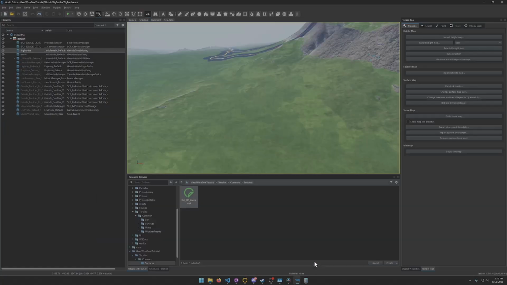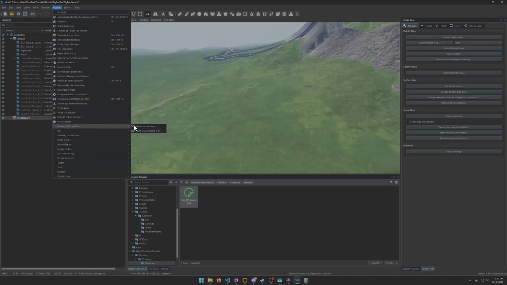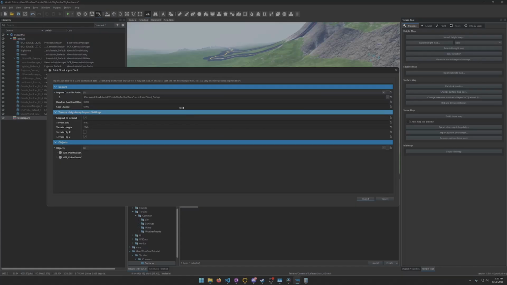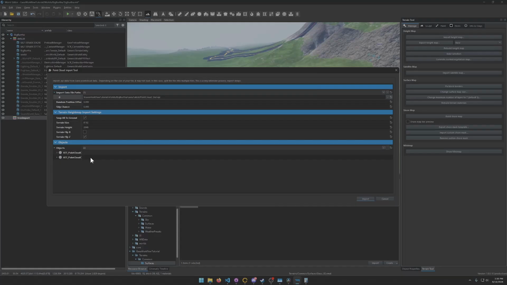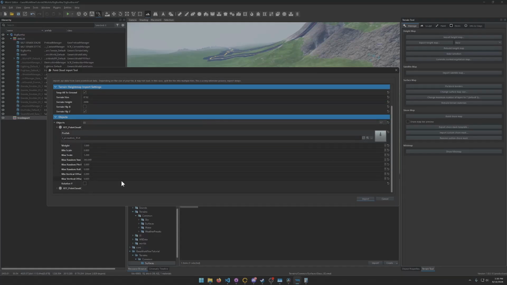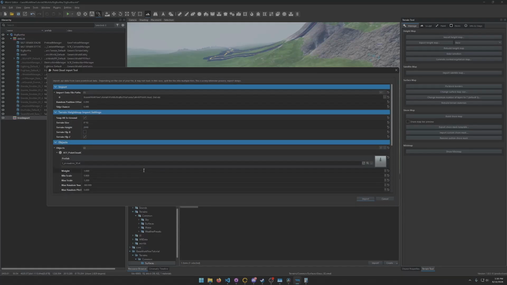So now we'll create a new layer. We'll just name this tree import. Make sure it's active. Go to plugins, point cloud import tool, and then we're going to select our point cloud out right here. I've created it so that there are two different types of trees here with different weights. Before we do this, I need to make sure you guys know